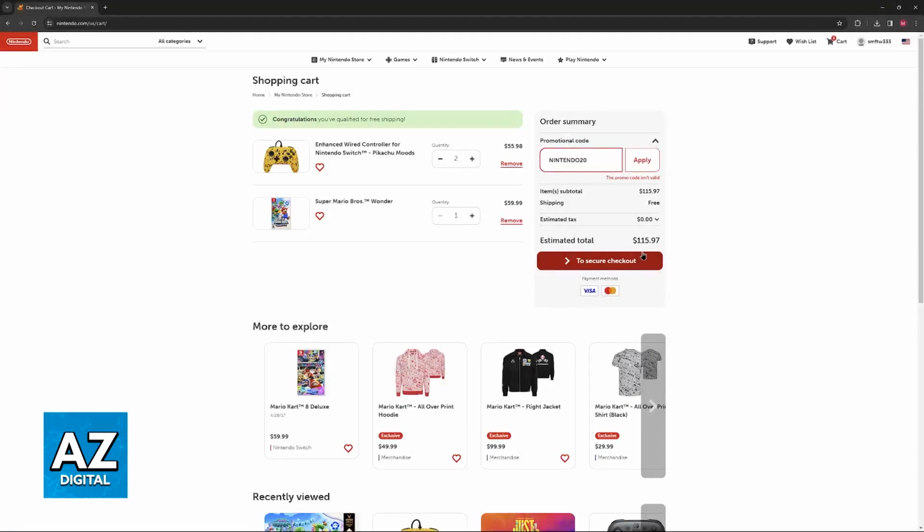Keep in mind that if you are trying to redeem a code to receive a full game, expansion, or even a Nintendo Switch Online membership subscription, you can do it on the eShop inside of your Switch when you go over to the redeem code option. The method that I've displayed in this video is for discount codes, something that you cannot do on the Switch. I hope I was able to help you on how to use a discount code on Nintendo Switch.